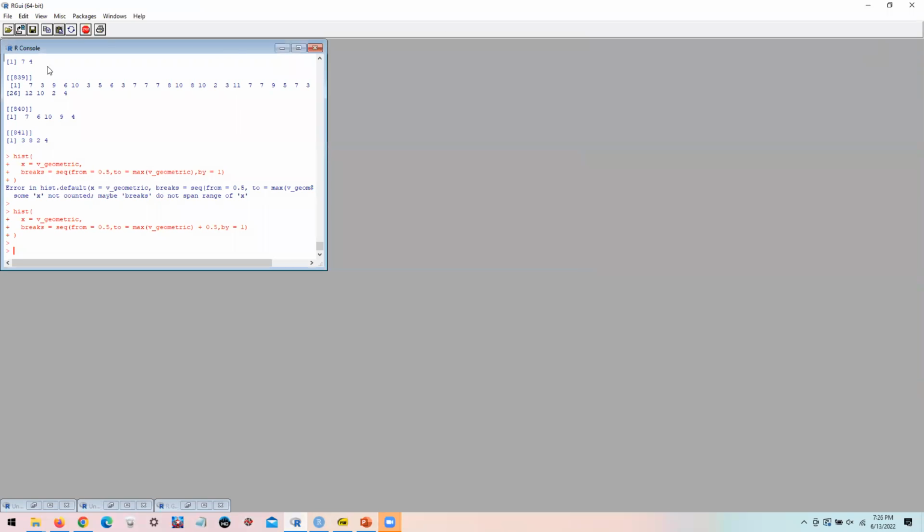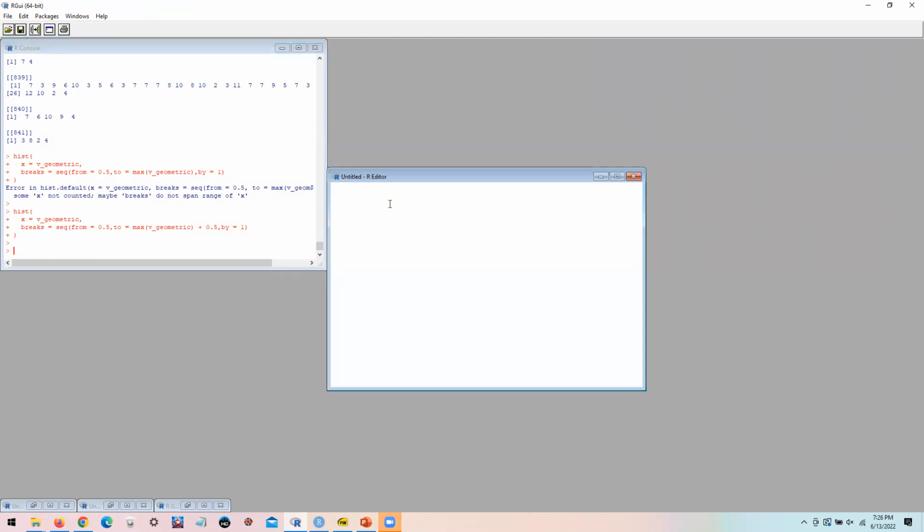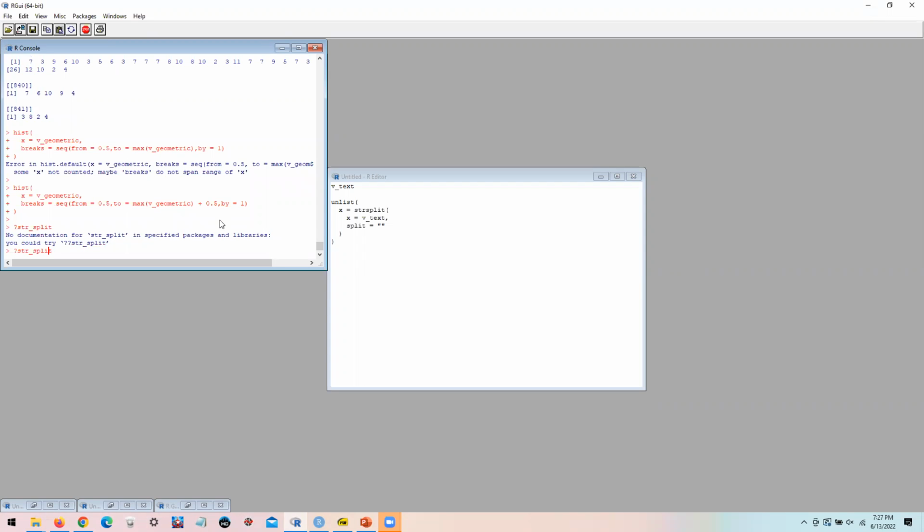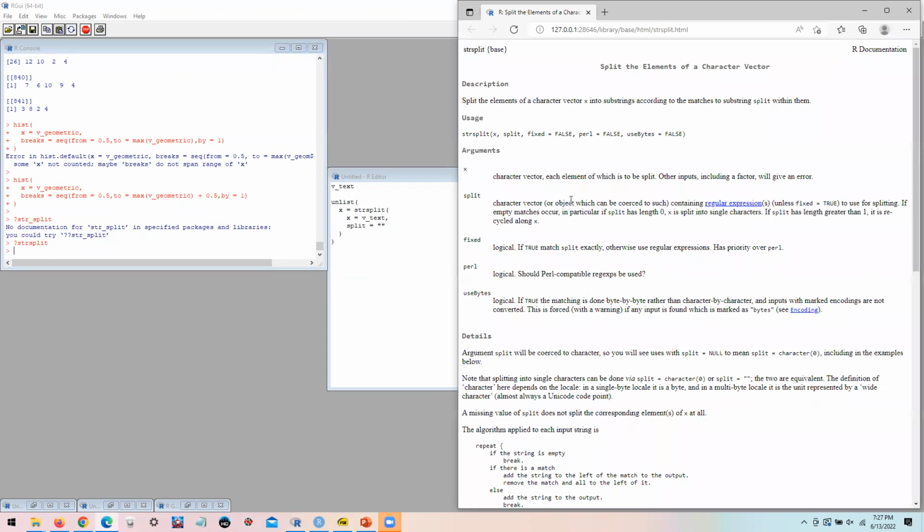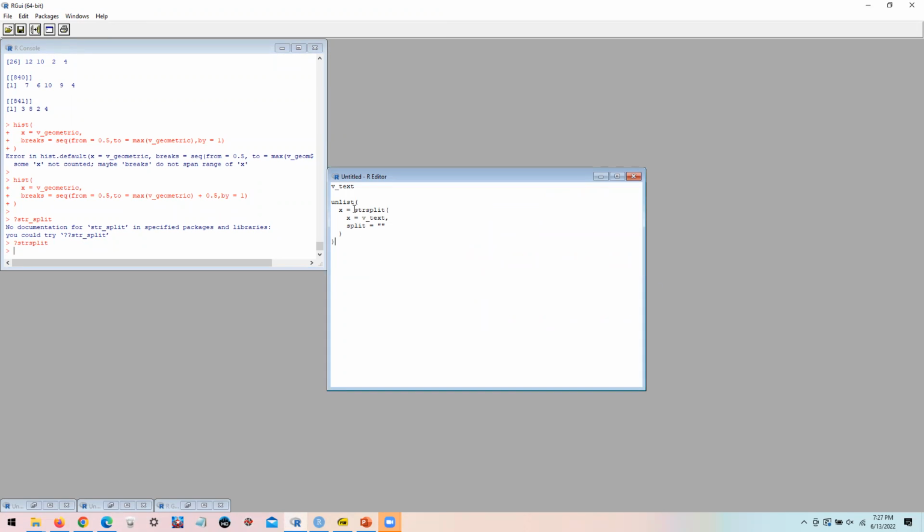All right, so one thing that I have done, and this could take a long time. Let's say that V is just my vector of text. So it's unlist, x equals str split. I think this is what I want. Let me double check this. Yeah, it's x and split. Okay, so what this will do,